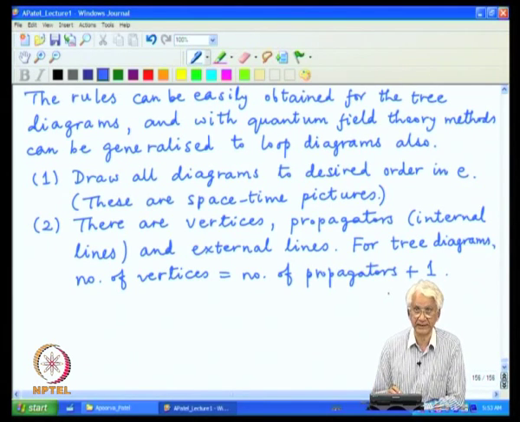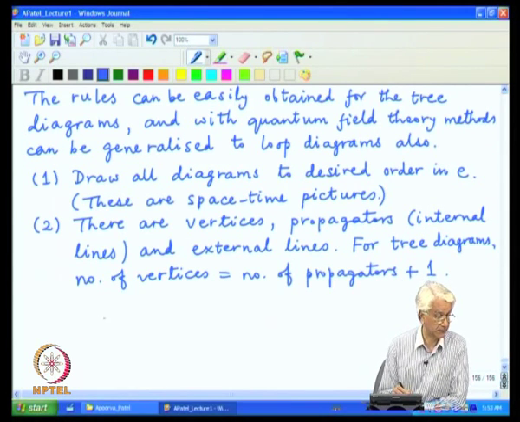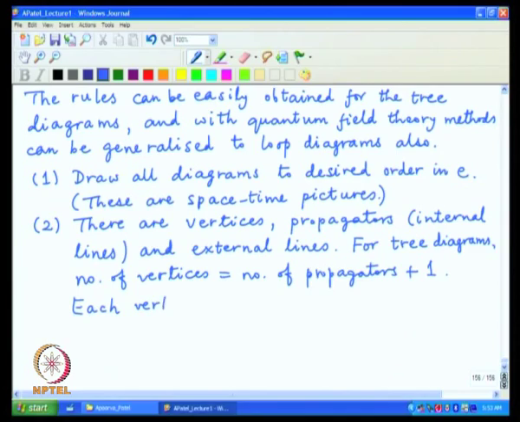So, one has to only identify the lowest order term where there will be a single vertex, but no propagators, and that fixes this particular relation, and the power counting is just the factor which we have put in the equation